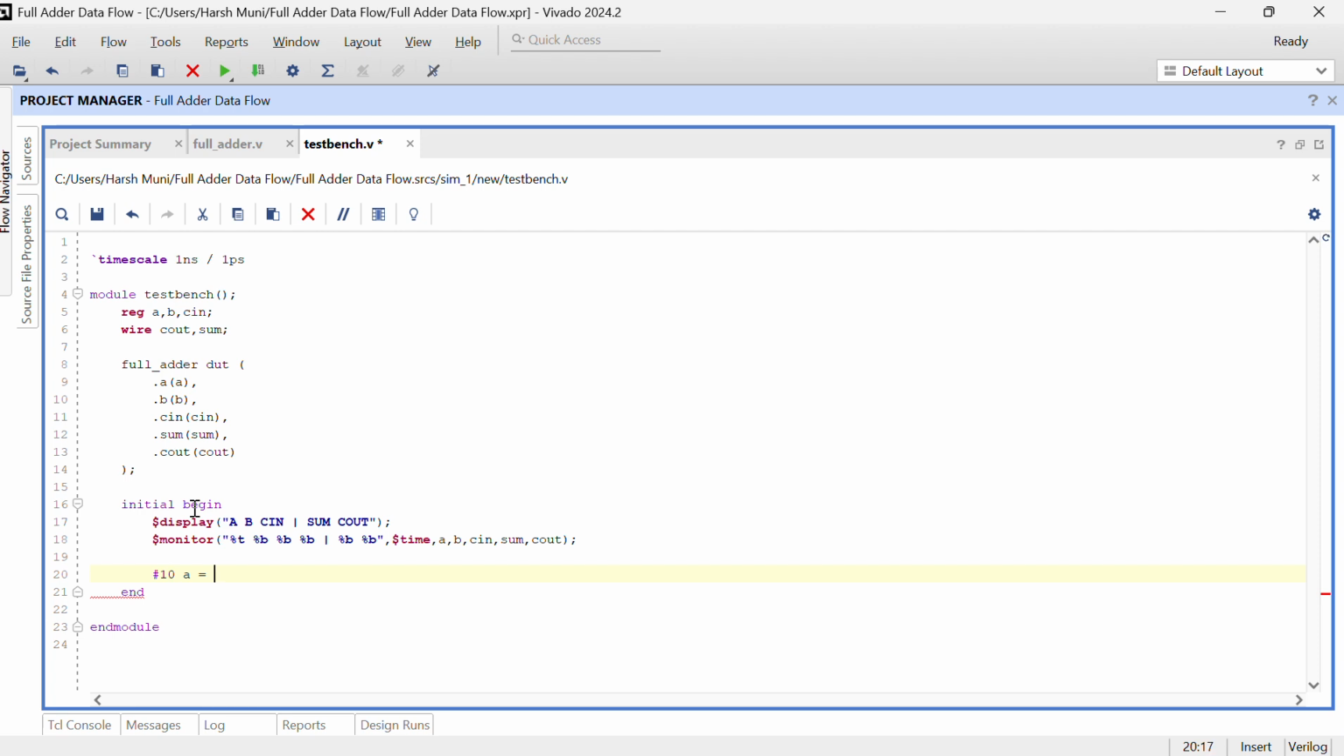So let me, after assigning, after 10 seconds we have a equal to, let us say 1, b equals 0. For right now, let's assign c in as 0 for these cases. After some cases I will see. After 10 seconds, c equals to,